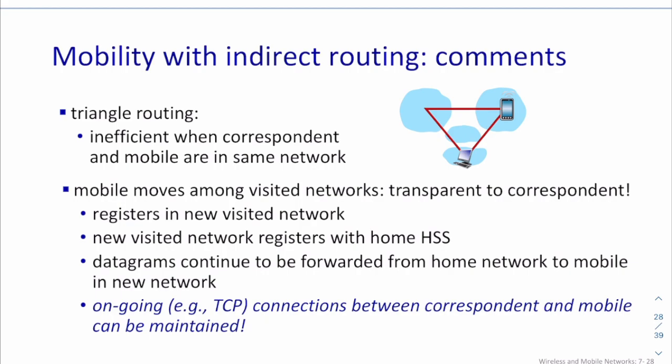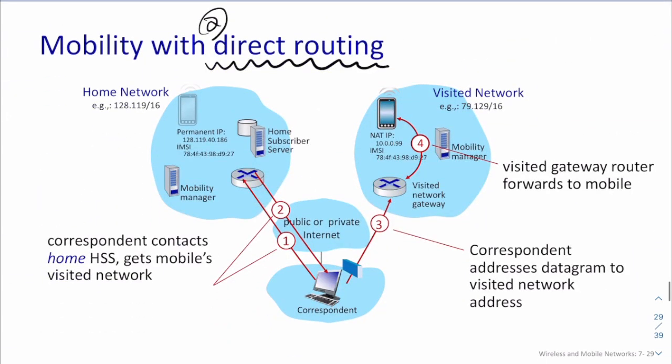The correspondent only needs to send the content to your home network. That is okay for indirect routing, right? So that is another approach called direct routing. That means when the correspondent tries to deliver the content,